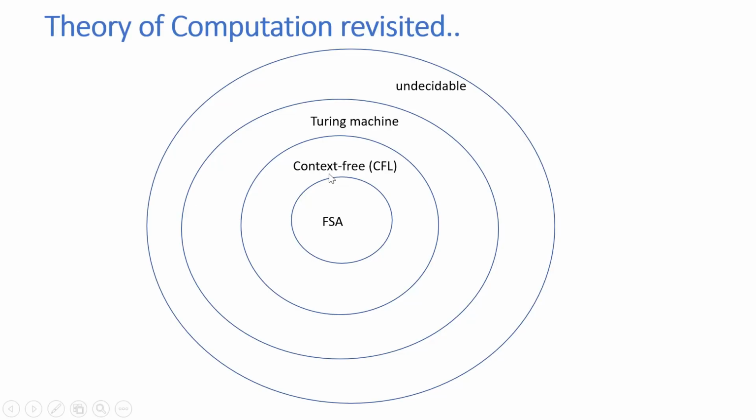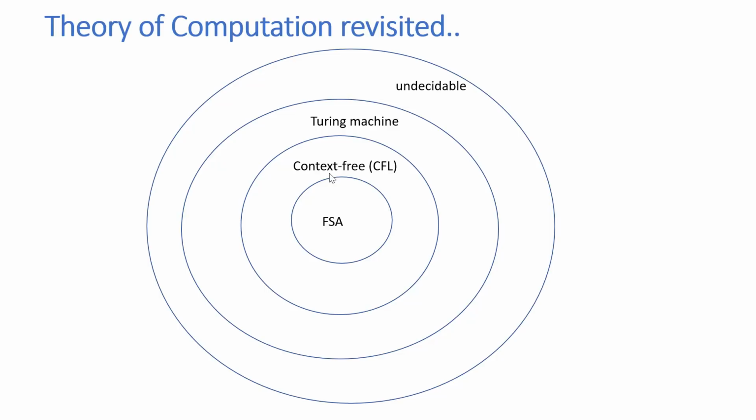Then we discuss a model called context-free languages. They're slightly more powerful than FSAs. In addition to state transition, it also has access to a stack. Sometimes we call this pushdown automata. With the stack, now we are able to solve more problems, such as recognizing a string that contains some number